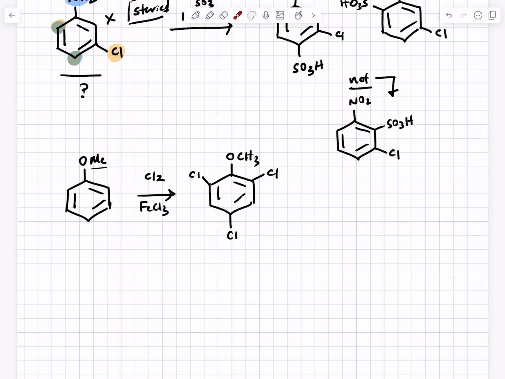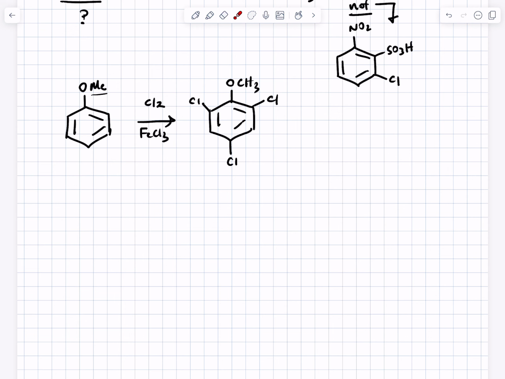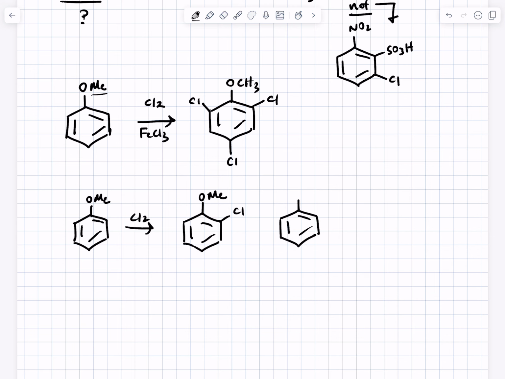Yes, this is observed to happen, and the workaround is to simply lose the Lewis acid catalyst. I'm just repeating what's in your text at this point. So if you just use regular chlorine, then you can get only monohalogenation. That's great. But in my current magnanimousness, I'm not going to make you worry about that. Okay? Probably you're going to have to track it on the study guide and problem sets, but you're not really going to have to worry about that.